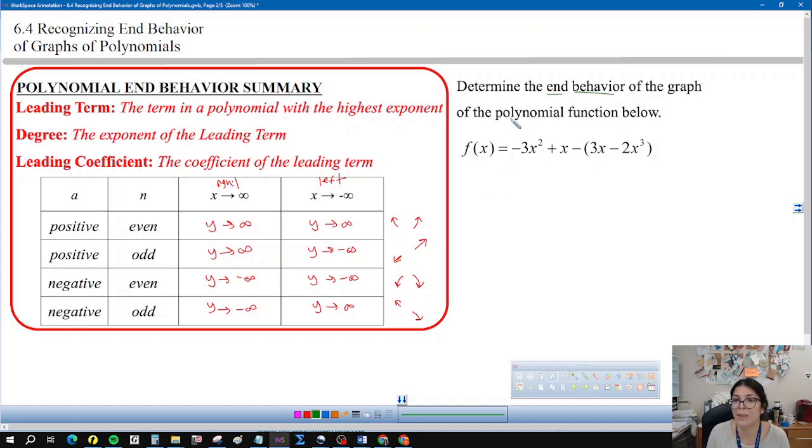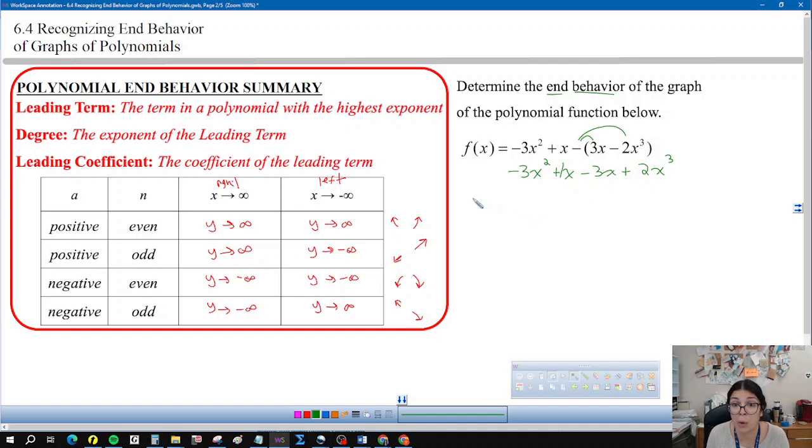So we're going to determine the end behavior of the graph of the polynomial function below. We need to simplify it. We can't do anything unless we simplify the polynomial. So we're going to go ahead and distribute the negative. So we have negative 3x squared plus x minus 3x plus 2x cubed. I can combine these two in the middle. 1x minus 3x would end up being negative 2x. So